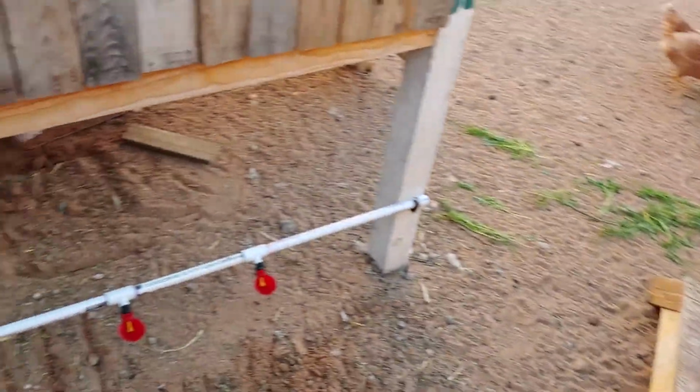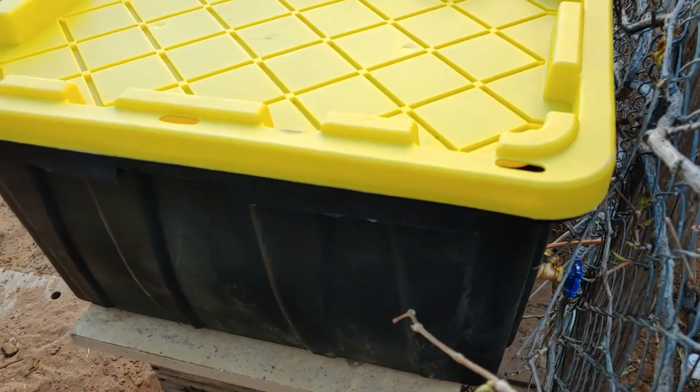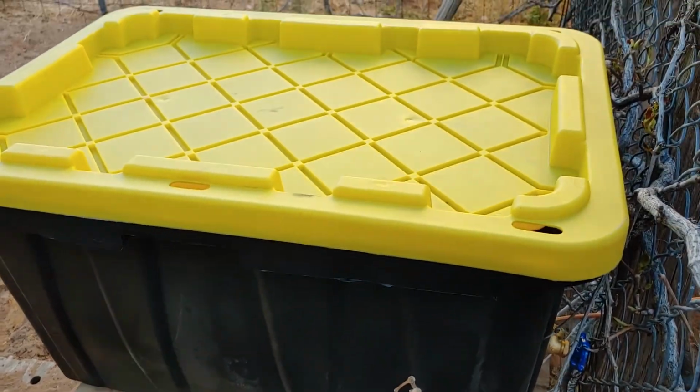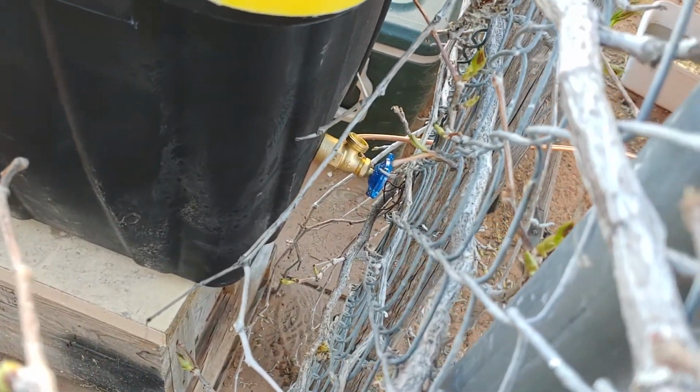But that's another story. Anyway, I bought a 27-gallon tote. Yes, Gallo, you're in charge. I bought a 27-gallon tote at Home Depot, and then a 3/4 inch spigot